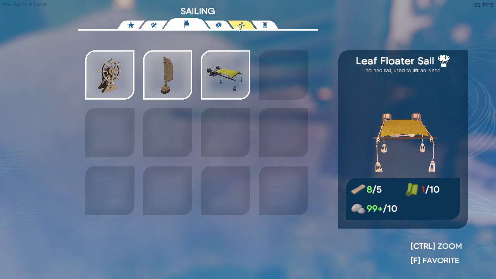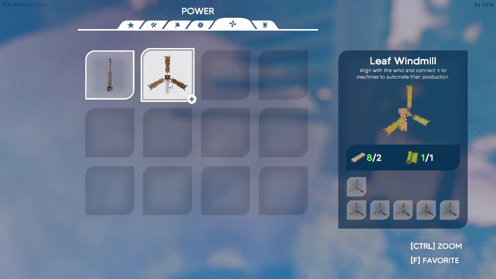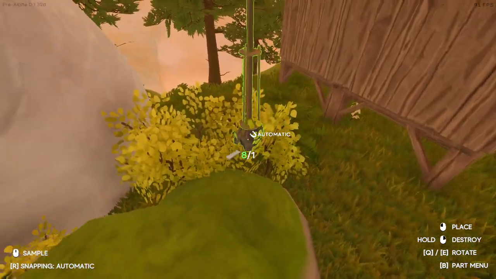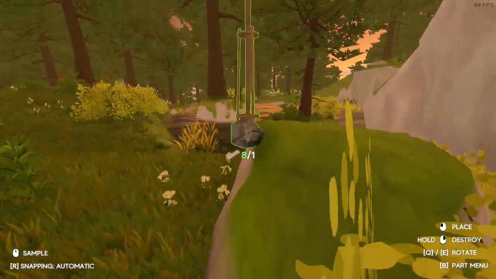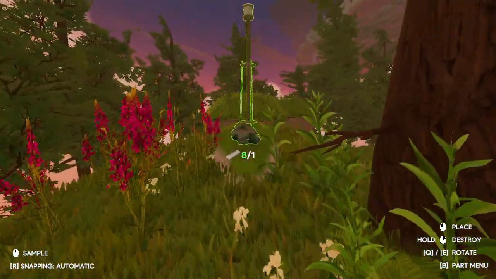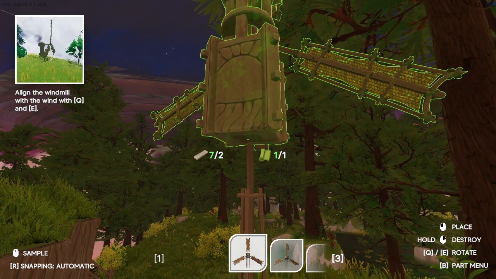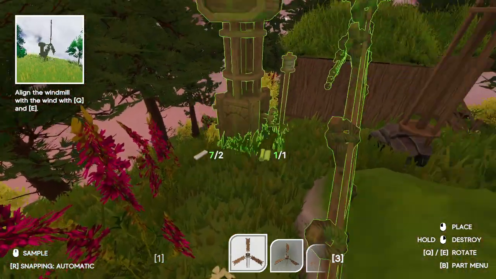putting down some of this stuff here. So we could put down a windmill. So this is going to automate our machines. So if I can actually get up here, it would be nice. I was hoping I wasn't going to have to fly up here. I might still have to though. Nope, that's fine. Okay, let's put that down. And the windmill piece, which we can connect here by the look of it. Or is that a separate piece? Sorry, that might be...